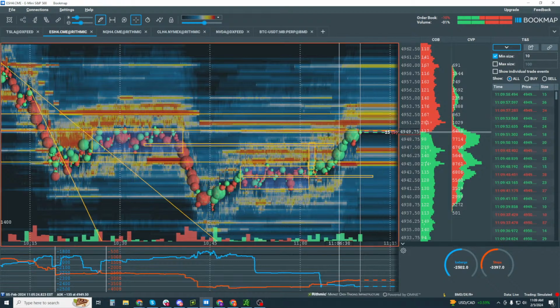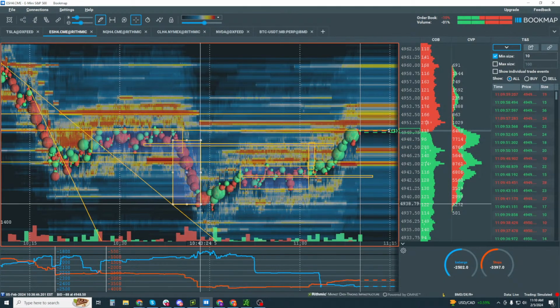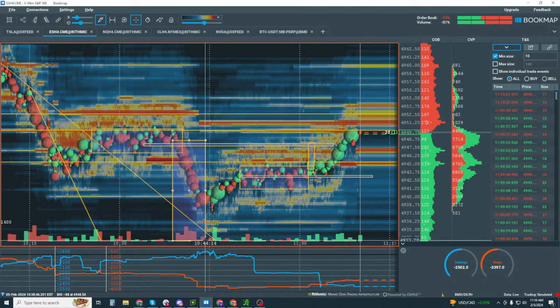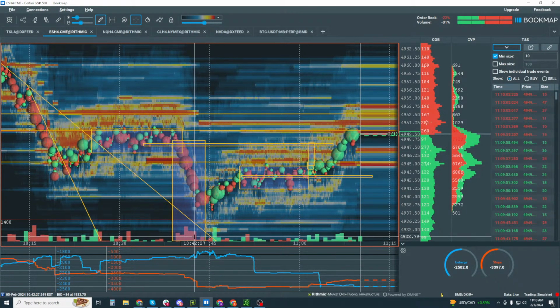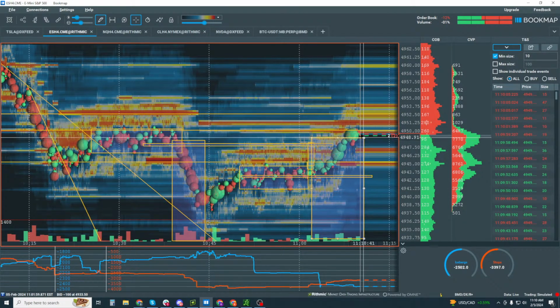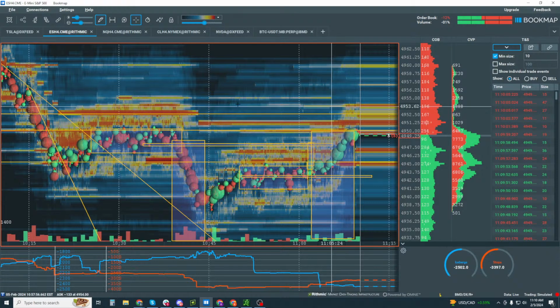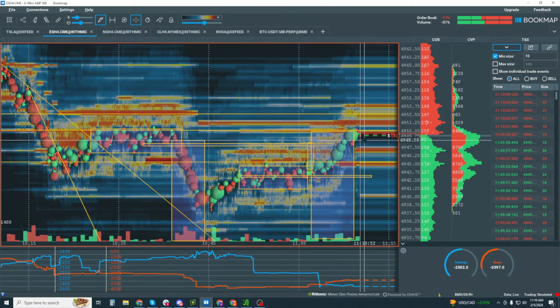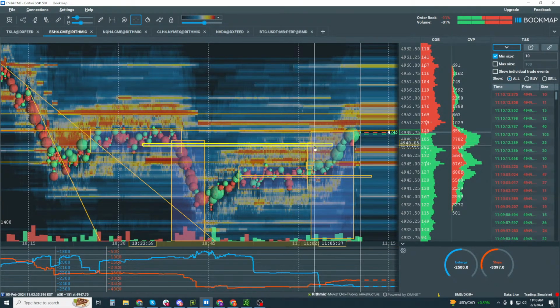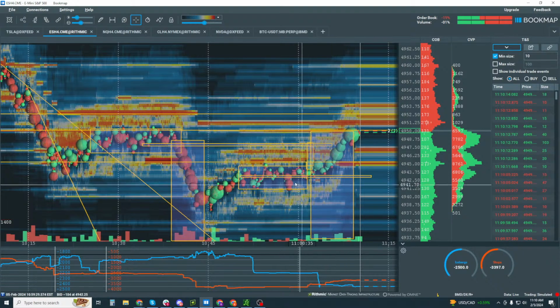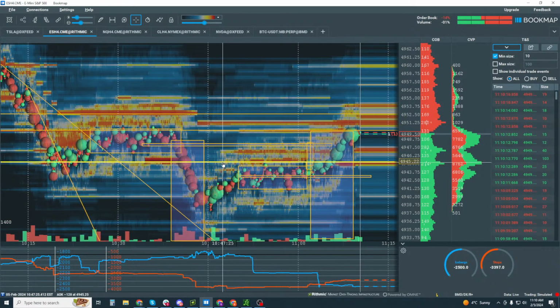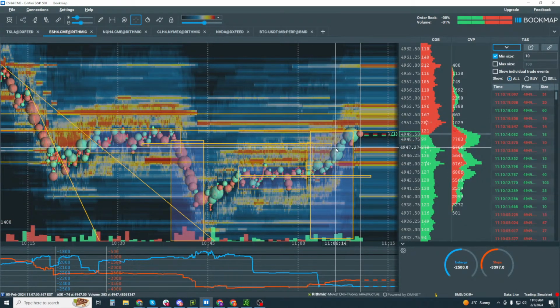So here we have our sellers. Okay, we have our delta bars down here as well. Here we have our buyers. Then we have our delta bars, our dots and our bars. Okay, they're delta dots as well. Okay, now still more selling in here than buying. Okay, so